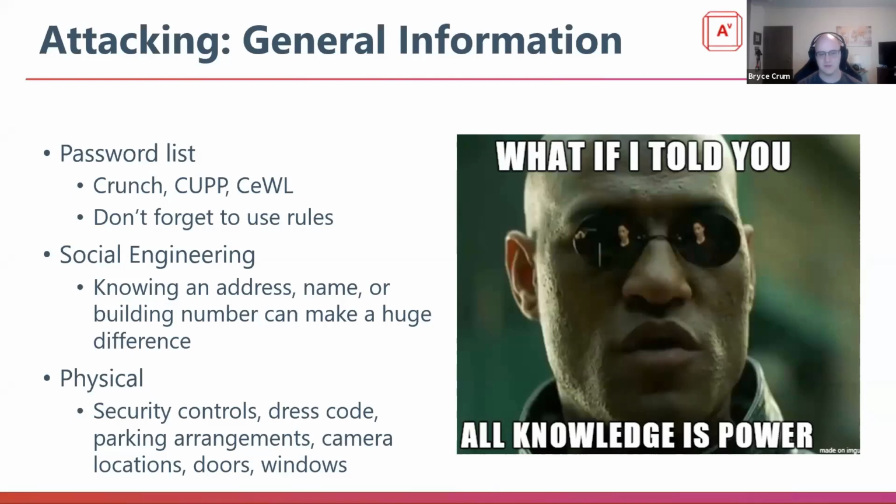Whatever you can do. And also understanding the door controls, right? Can you tailgate? Is there a situation where the door is not a turnstile or something of that nature? You can just follow someone in, or is it a turnstile situation where you're going to need electronic controls to get into the building? Is there gates? What kind of other security controls are you going to have to bypass to even get in? So physical security kind of comes into its own during general information gathering.